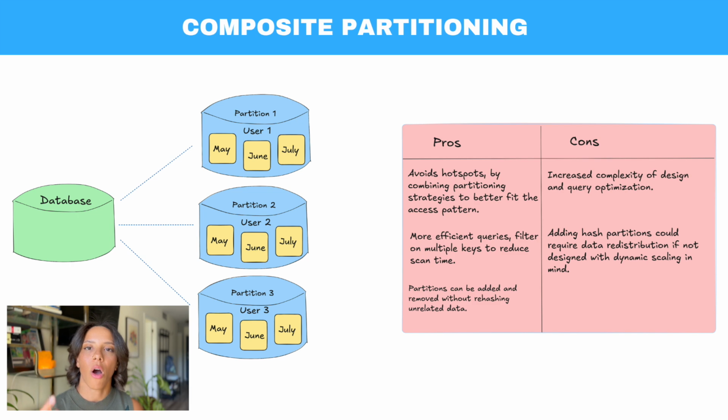We first need to get all the messages for a single user, which, who knows how many that could be, depending on how often the user uses WhatsApp. And then we need those messages to be ordered. Having a composite partition, say a hash partition for each user, and also a range partition so those keys are ordered, would help with the efficiency of our queries. So this is just an example of how you can combine these partitioning strategies in order to optimize for your specific access pattern.